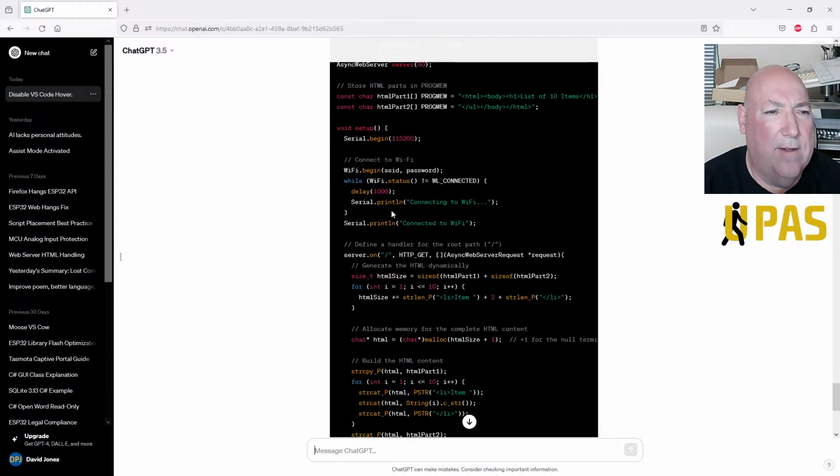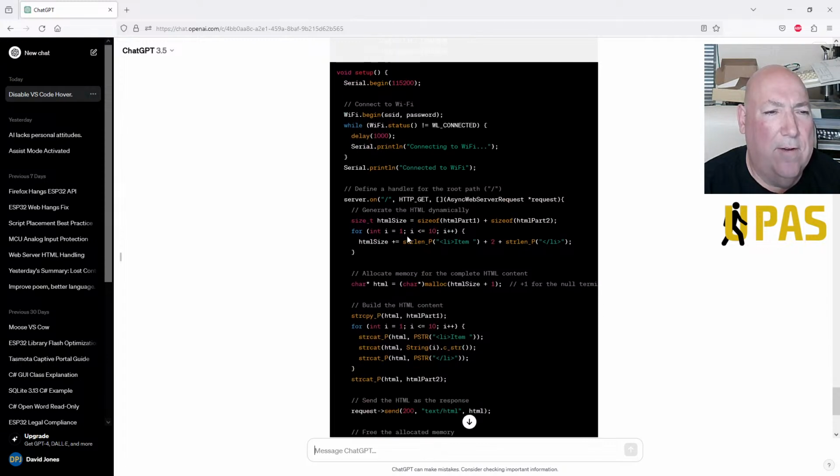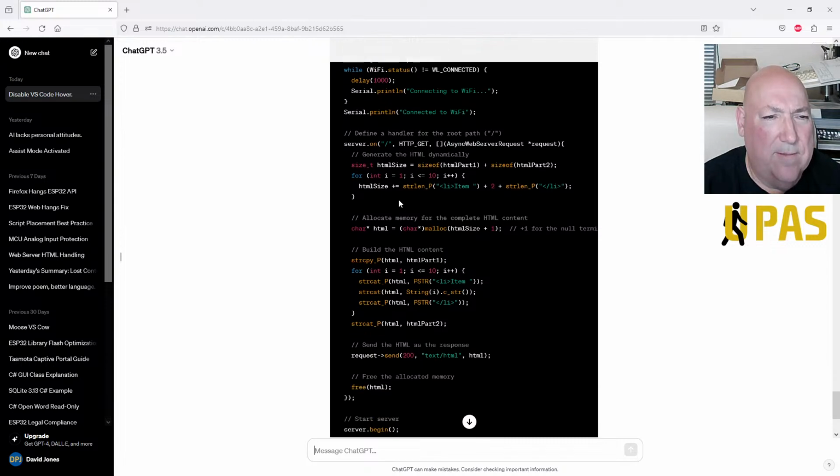So we've got the server on HTML size, part 1 and part 2. HTML size is the length of item. Oh, so it's adding the size. Oh, so we're getting the overall size. We're changing the size of that.